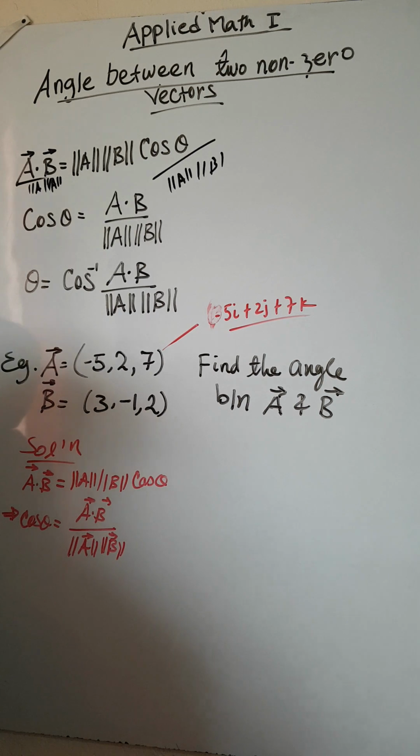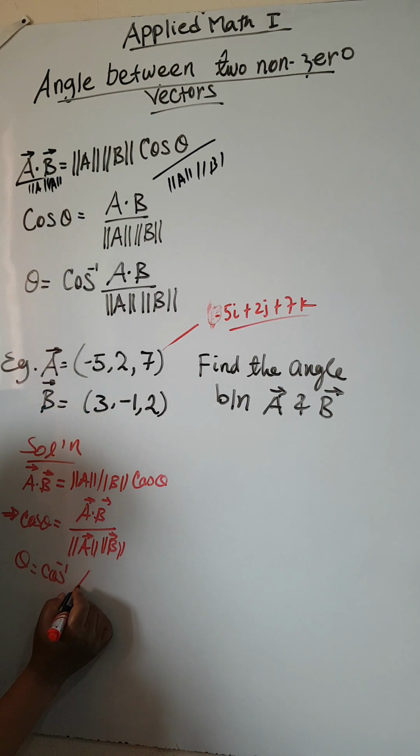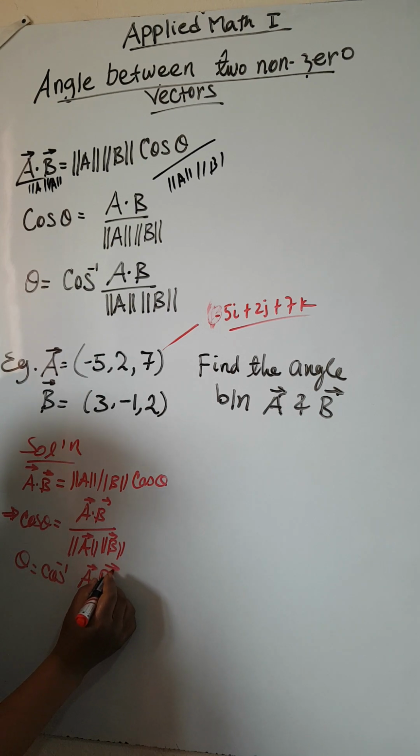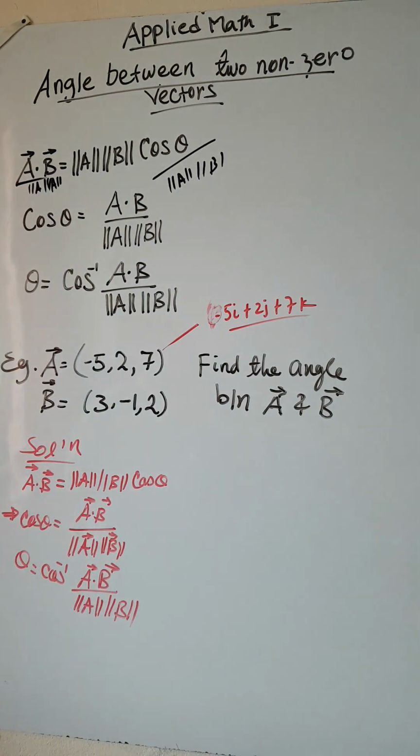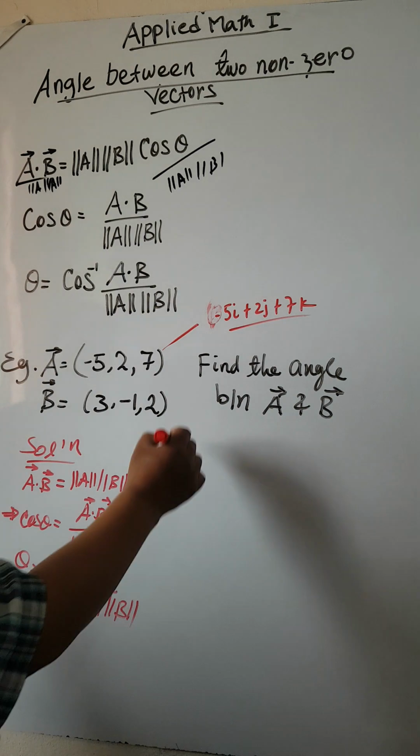Then theta ለማግኘት, theta is equal to cos inverse of a dot b divided by norm a norm b. ይሄ የምናገኘው ቁጥር ስካላር ነው። ስለዚህ የሱን ኮስ ኢንቨርስ ካልኩሌተራችን ላይ ሺፍት አድርገን ኮስ እንለዋለን፣ ያንን ቁጥር ስናስገባ ይሰጠናል።